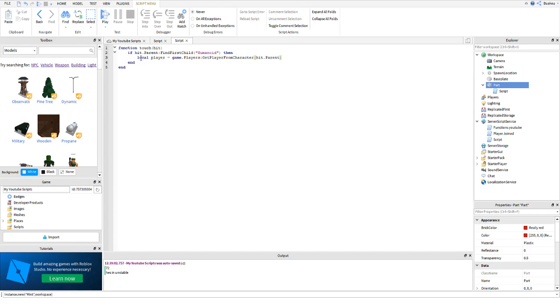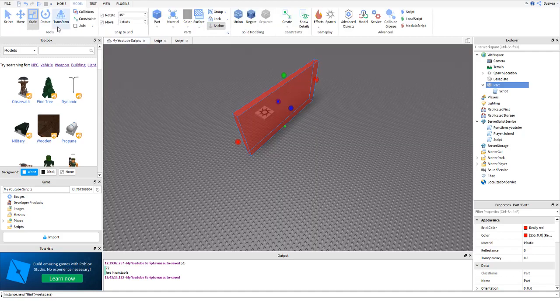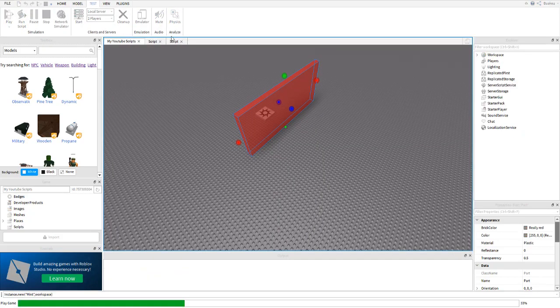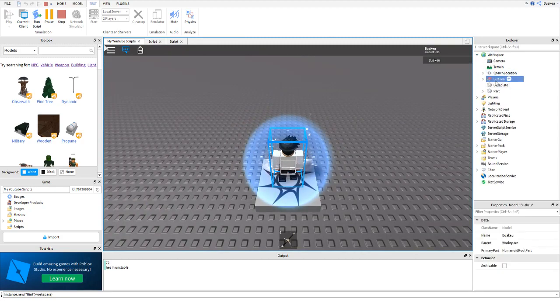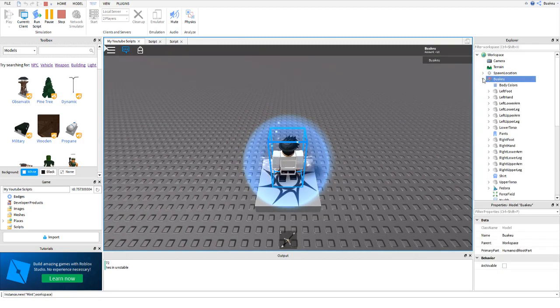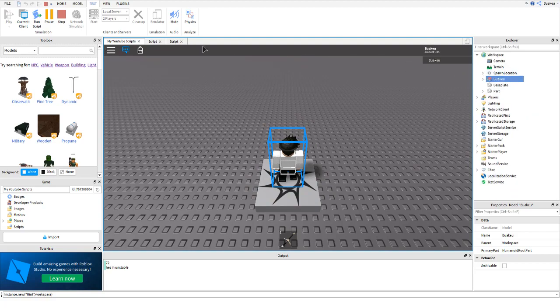So now let me explain what this does. It references game.Players, and then it uses the built-in function GetPlayerFromCharacter, which sounds exactly how it sounds. It's getting the player from the character, and the character is, let me go in game and show you really fast. The character is this right here. This is your character. Now you're probably like, oh, how does it get this? That's because if you do, let's see,